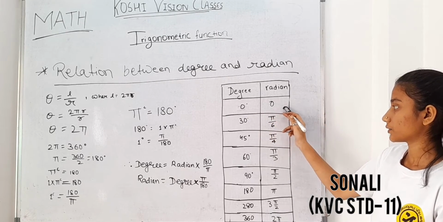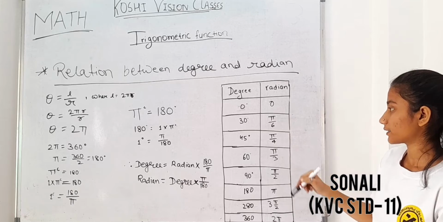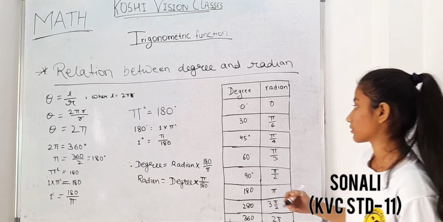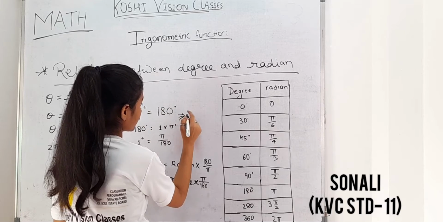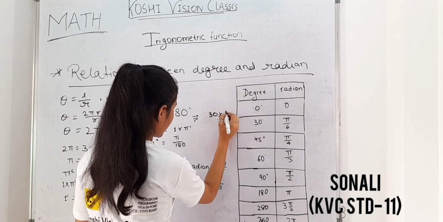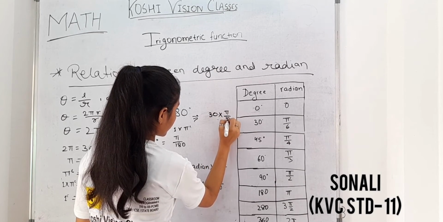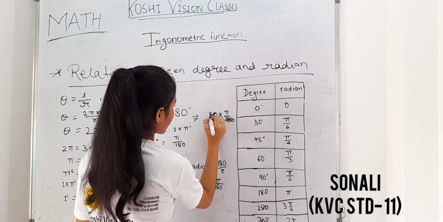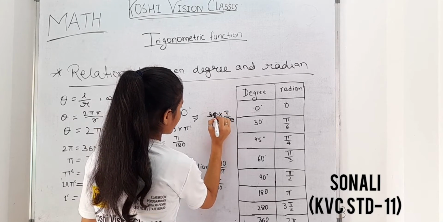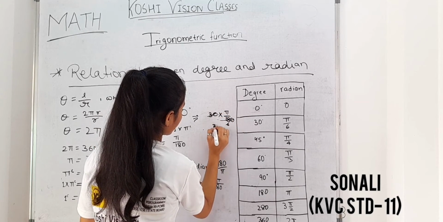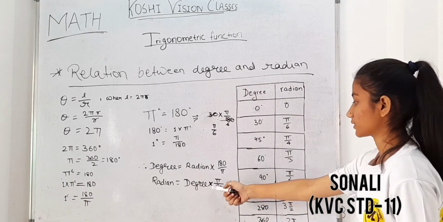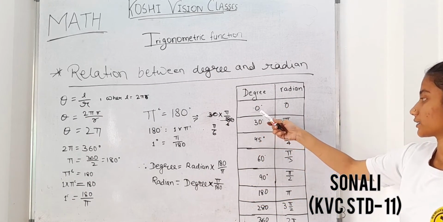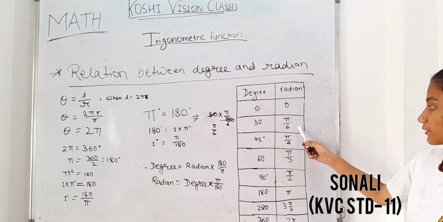0 degree is equal to 0 radians, 30 degrees is equal to pi by 6. 30 into pi by 180, so it goes to pi by 6. From this formula, we conclude that 0 degree is equal to 0, 30 degrees is equal to pi by 6,